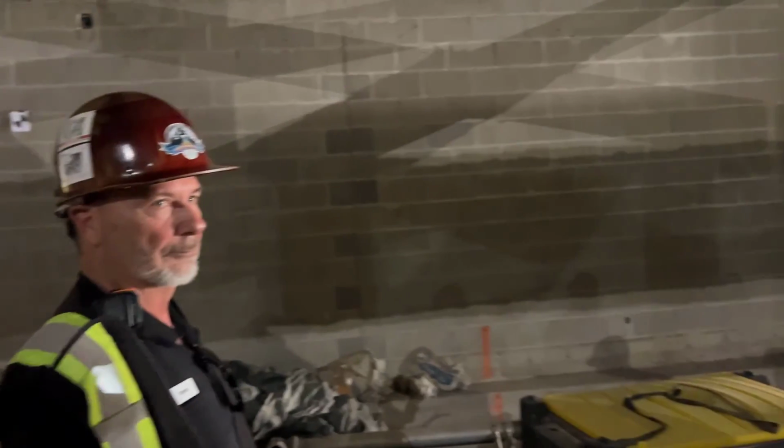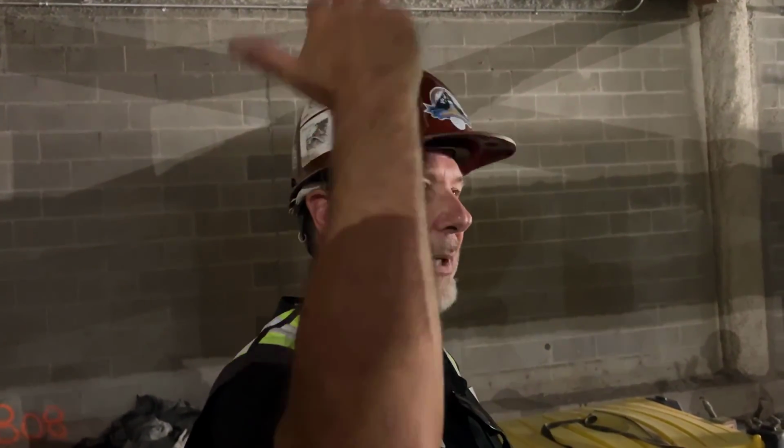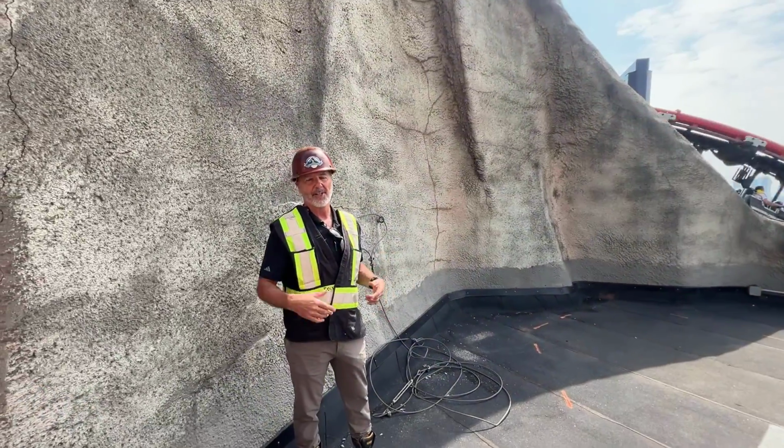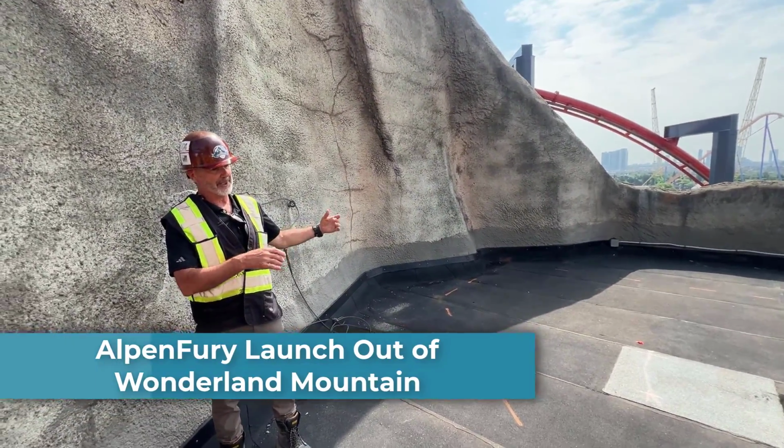So were these cross braces just put in temporarily? No, they're part of the original structure for the mountain. So essentially, they have to be either replaced, bumped up, or else put in other locations to do the same function. First, we want to make sure that at various levels, the framing's in place,